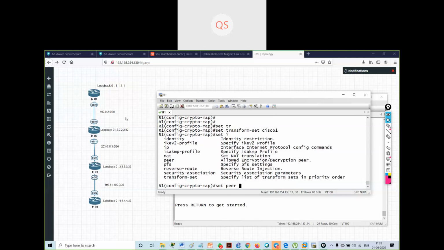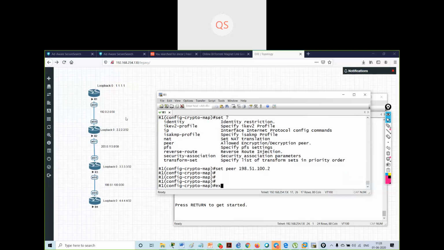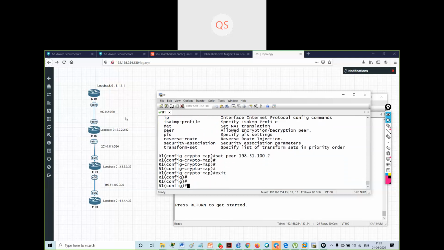What is the IP address of the neighbor? The interface IP address, 198.51.100.2. This will be my neighbor. Done. Now, the last thing, I will go inside the interface and implement this.